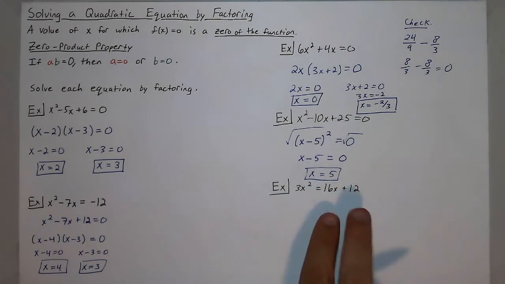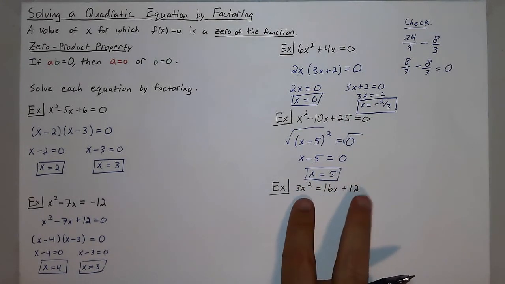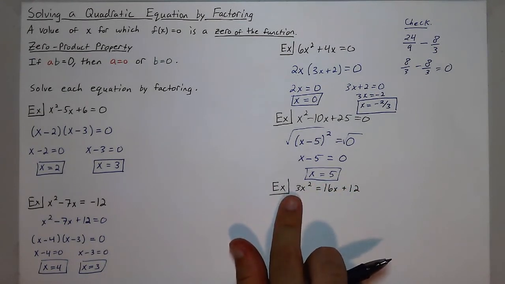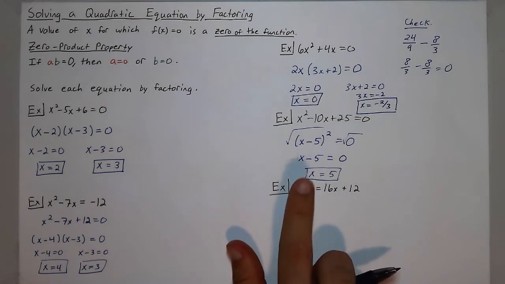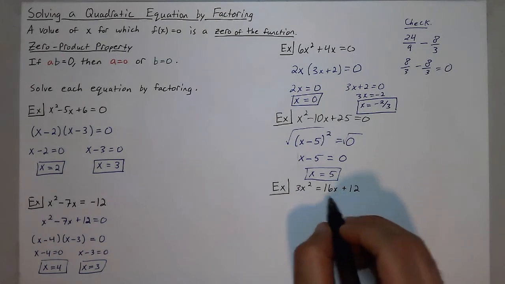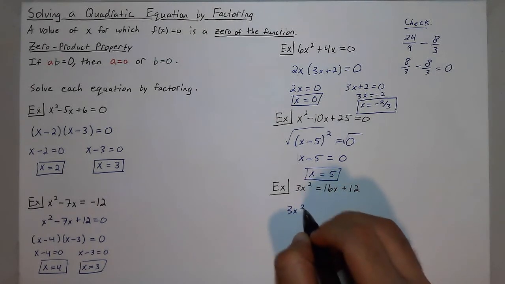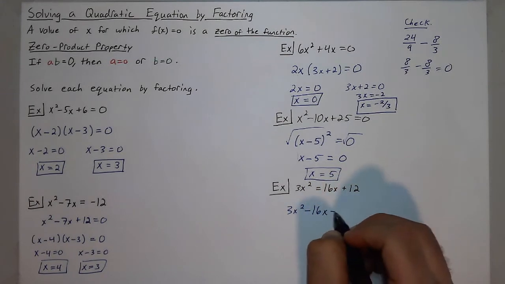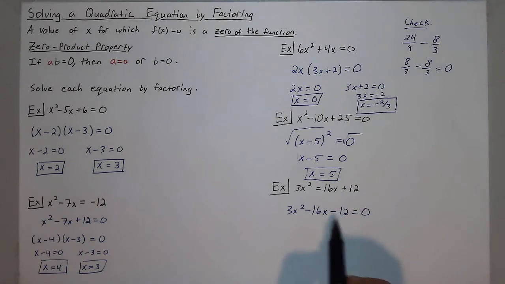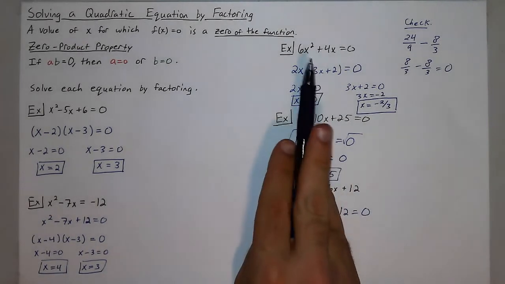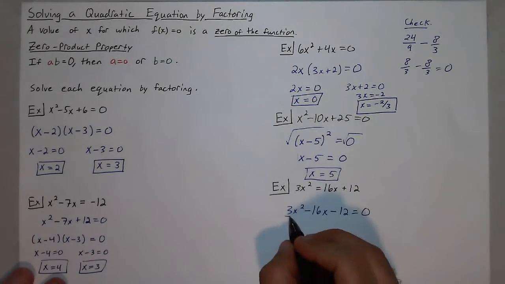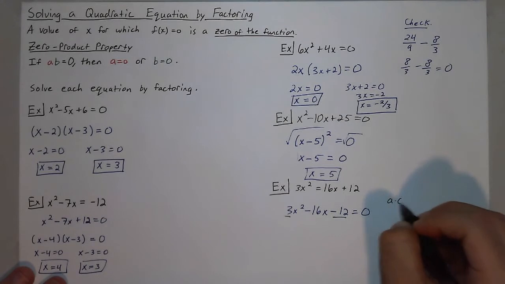Now the last equation, I have everything on both sides of my equation, but I move everything to the left. And the reason why I'm going to move everything to the left rather than my 3x to the right is I like to have a positive x squared term. It makes factoring easier. So I'll subtract 16x, give me 3x squared minus 16x. Subtract 12, minus 12x, and now it's equal to 0. But there is no common factor like I saw in the top example in the right column. So I'm going to have to use the a times c method by multiplying 3 times negative 12, which gives